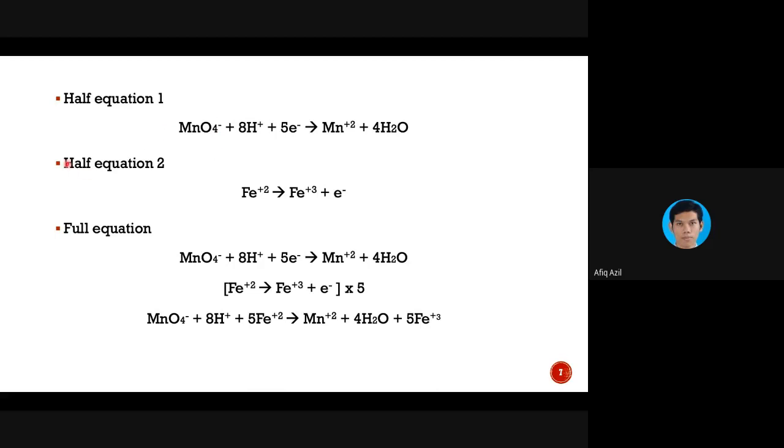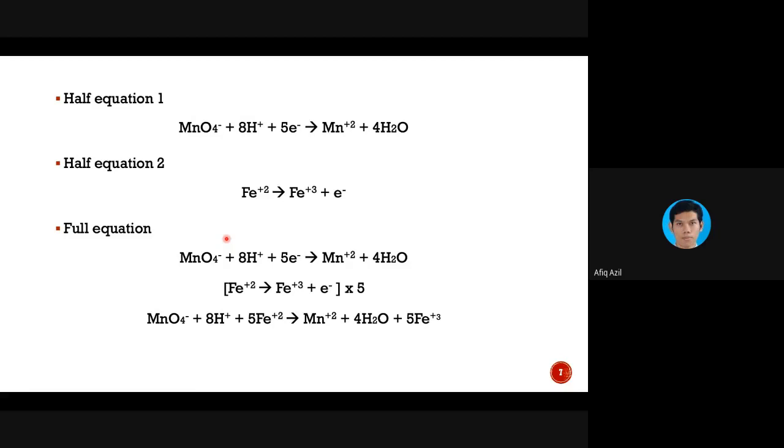And then the half equation for the second part, half equation 2, involves the ion Fe2+. Here the oxidation number starts from positive 2 and becomes positive 3, so an increase of 1. That means it undergoes an oxidation reaction. So this one is reduction, this one is oxidation. For the full equation, you just combine these two together,